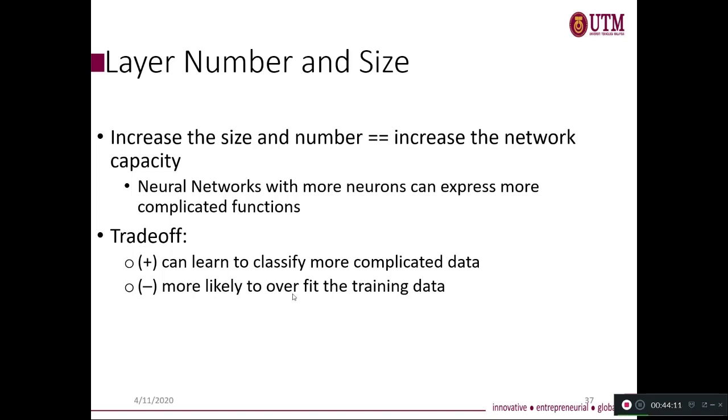It depends on how much data there is and how complicated the relation between the input and output is. That's why, when people design an artificial neural network, they try to tune what is the best size for that problem. So you try to vary the size of the hidden layer, the number of neurons, and if you find the training accuracy is higher but the testing accuracy is lower,